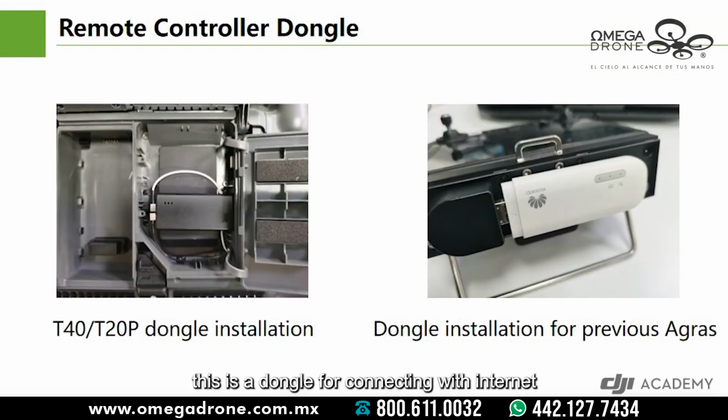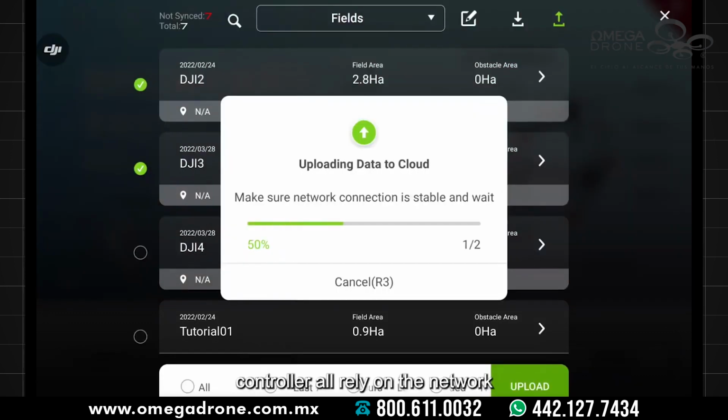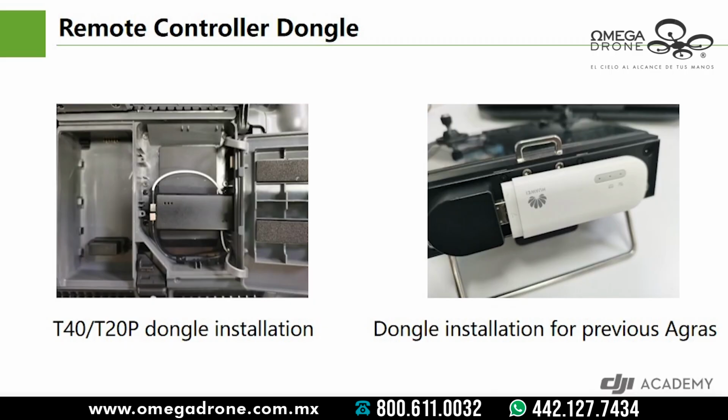This is a dongle for connecting to the internet after inserting a SIM card. It should be noted that the field upload, download, and the upload of operating tasks in the remote controller all rely on the network. Note that the remote controller can also be connected to the internet by Wi-Fi. Because the traffic of the dongle is fixed, we can use Wi-Fi when upgrading firmware, and uploading and downloading a batch